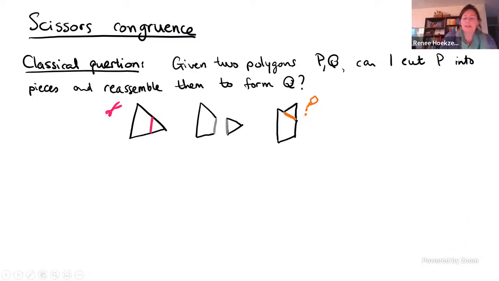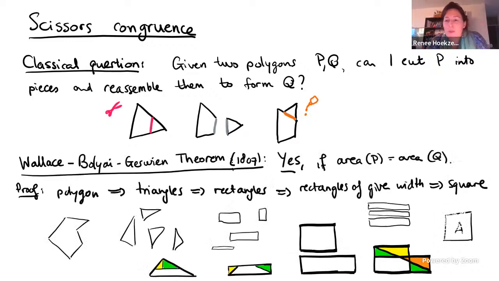Okay. Right, so the ideas go back to the very classic mathematics of scissors congruence. People asked a very long time ago the question: if I have two polygons P and Q, is it possible to cut P into pieces and reassemble them to form Q? And it was shown very early, at the start of the 19th century, that yes, I can do this whenever the polygons have the same area.